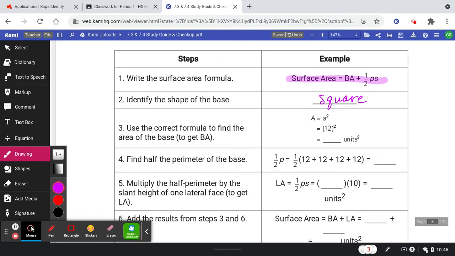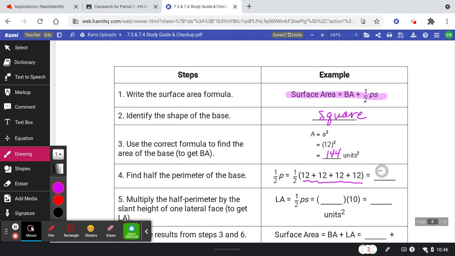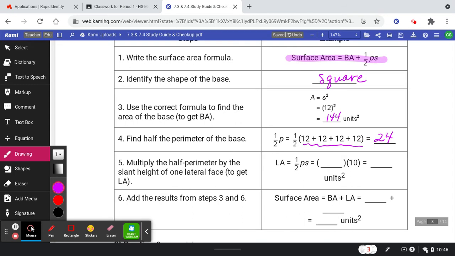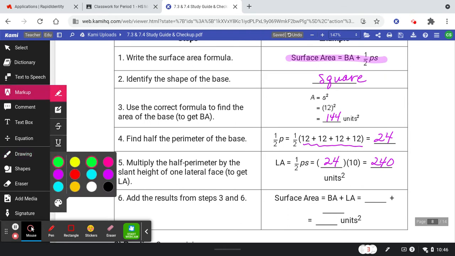So the side times the side length would be 12 squared, or 144 units. That's the area of the base. And then the perimeter of the base is 12 plus 12 plus 12 plus 12, or 48. Half of that is 24. So take half of the perimeter times the slant height, and that's 240 square units. So now that we've got our base area,